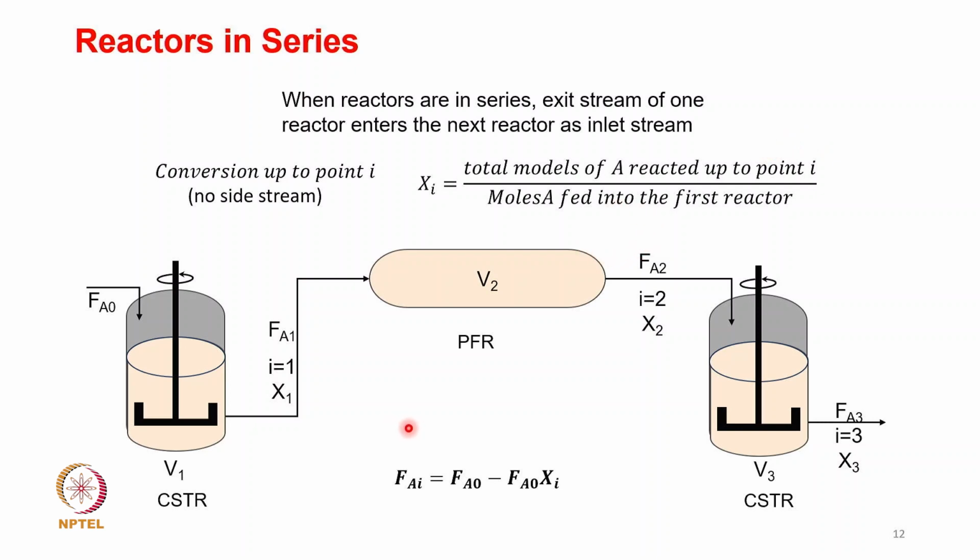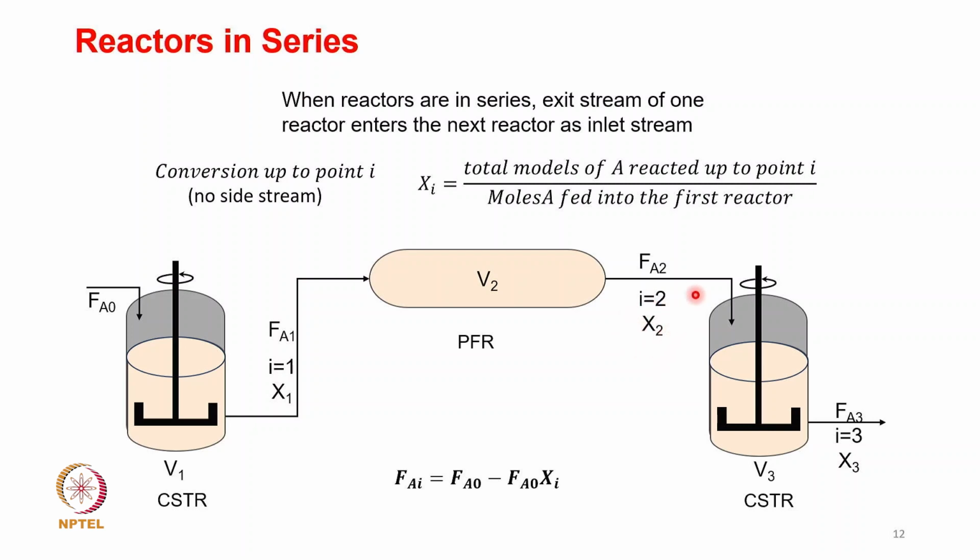So, now let us take a simple reactors-in-series arrangement for illustration. Here you have 3 reactors, a CSTR, a PFR followed by a CSTR. So, FA0 is coming in, it has a volume V1 and FA1 is going out. In this case, your i is 1 because this is the first pass and the conversion is X1. Then it goes into the next reactor, let us say having volume V2, and the output will become FA2, and in this case i is 2 because it is coming out of the second unit